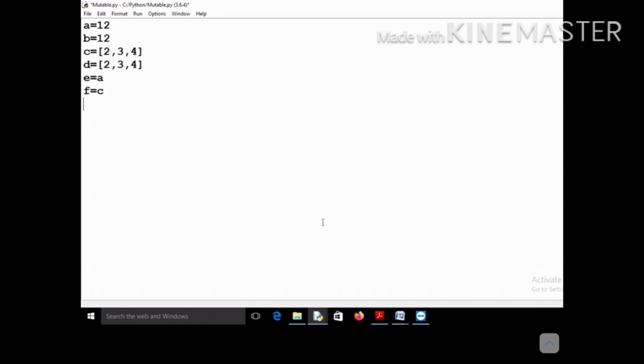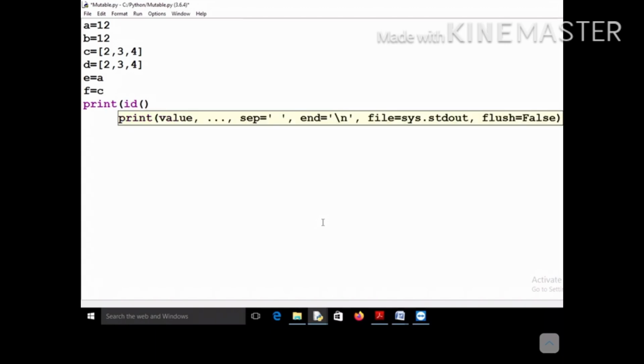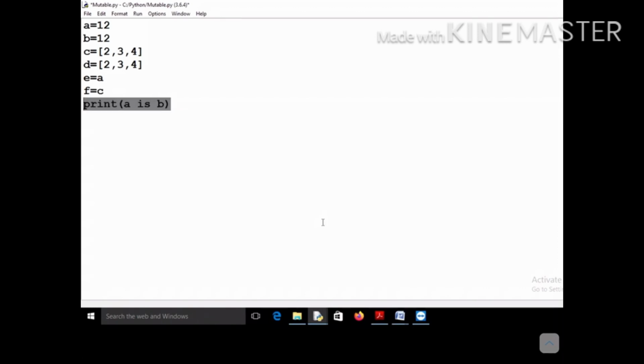The fact that I'm trying to show you, let me write here: print whether id of a is b, then let's check whether c is d, and whether a is e, and whether c is f.